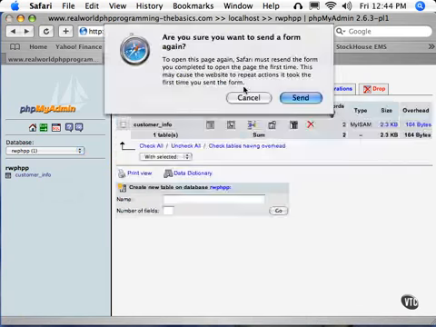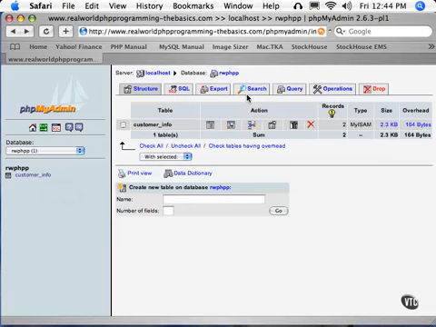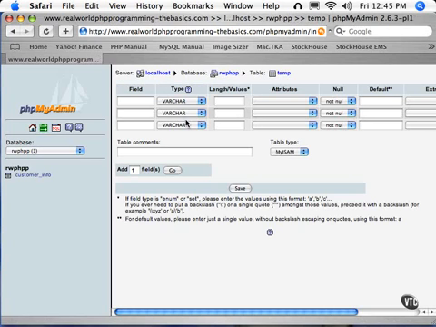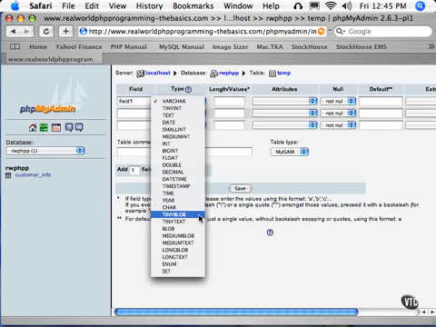However, if you don't yet have the statement written, you can also create a new table using the phpMyAdmin interface. Using this interface here, first of all, we're going to select the name for our table. Let's call it temp. Let's say that we want it to have 3 fields. Then we get the next step. Here we'd enter our field name, field 1, select the type that we want it to be,